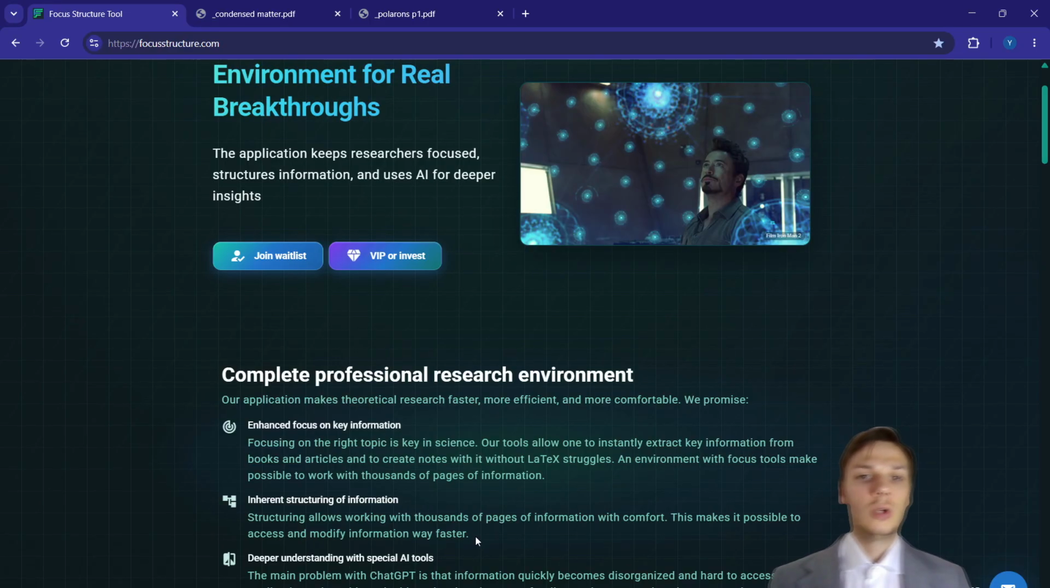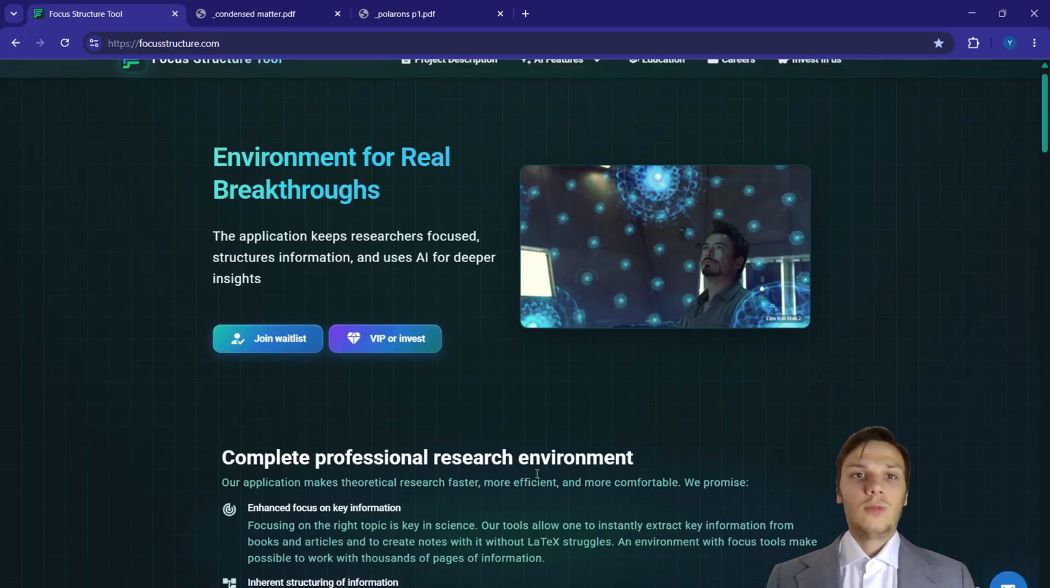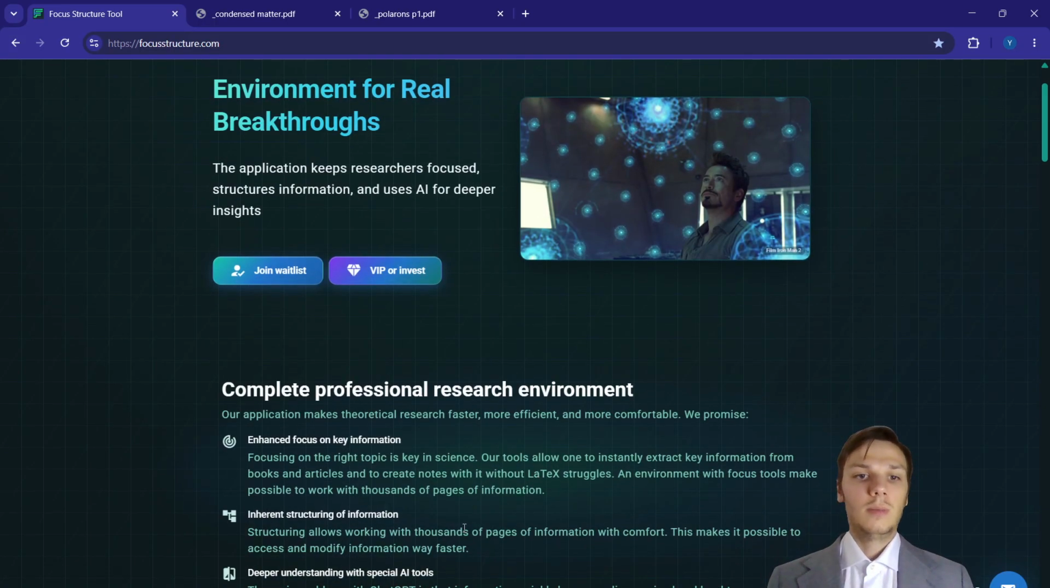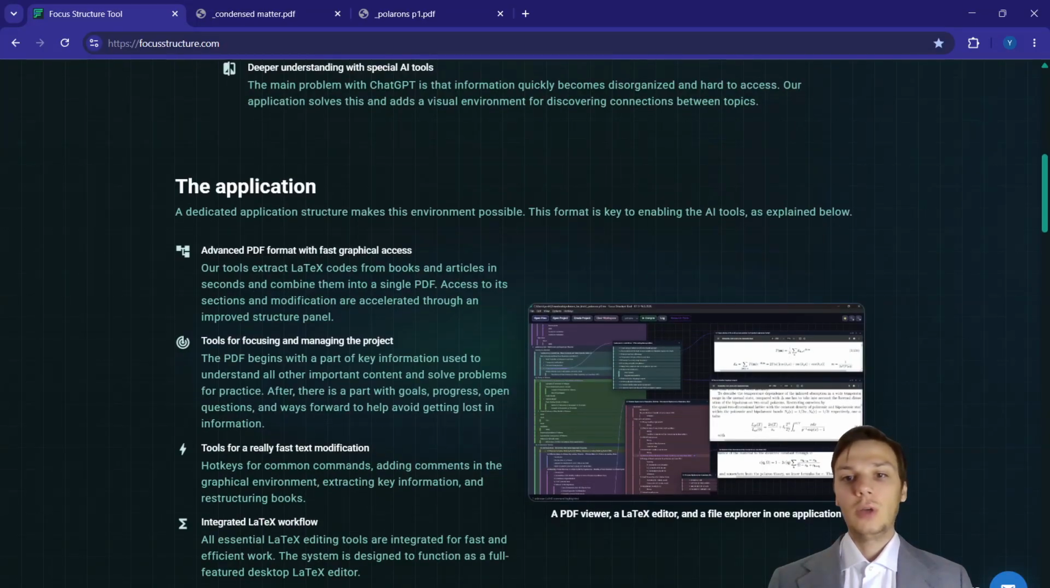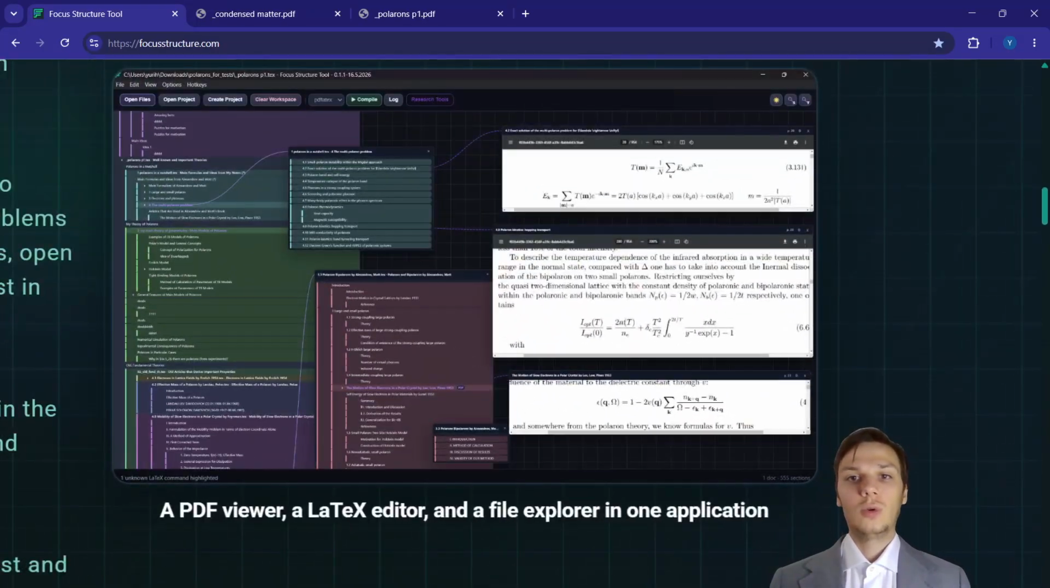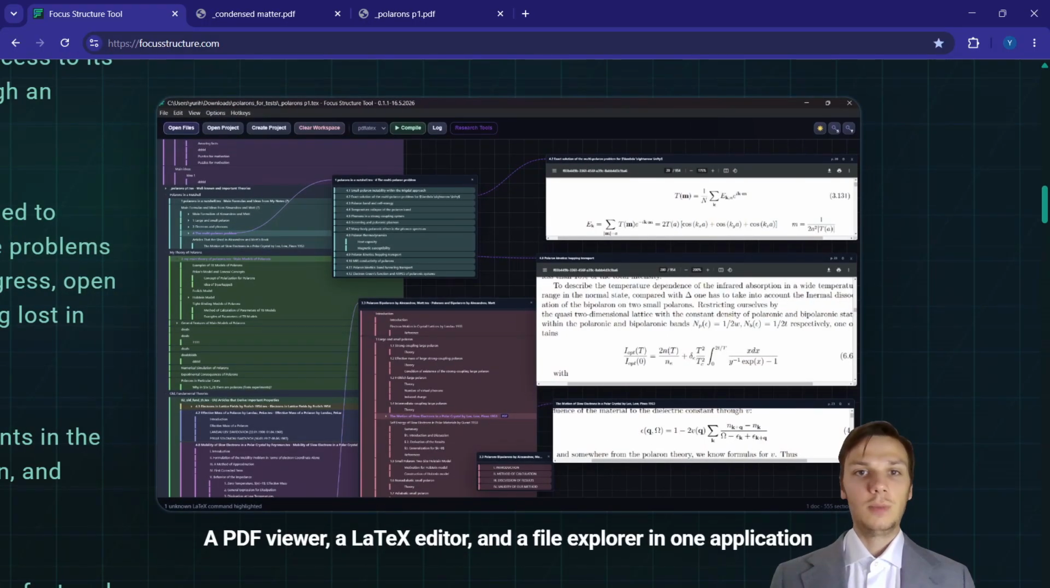We can increase it many times, add thousands of pages, and still everything will be very comfortable to use because of the inherent structure. Based on this application, we have special AI tools, the main of which I'm going to present in some minutes. More information about what we mean by these tools can be seen in the project description tab. Right now I'm going to show you the preview of this graphical environment that we are developing,